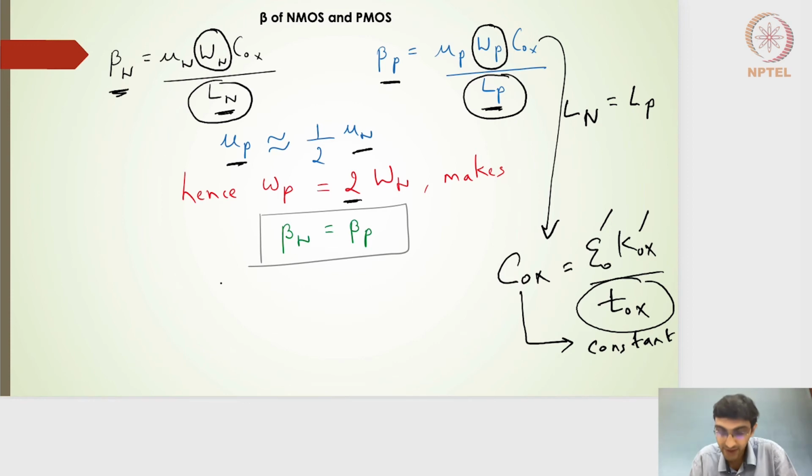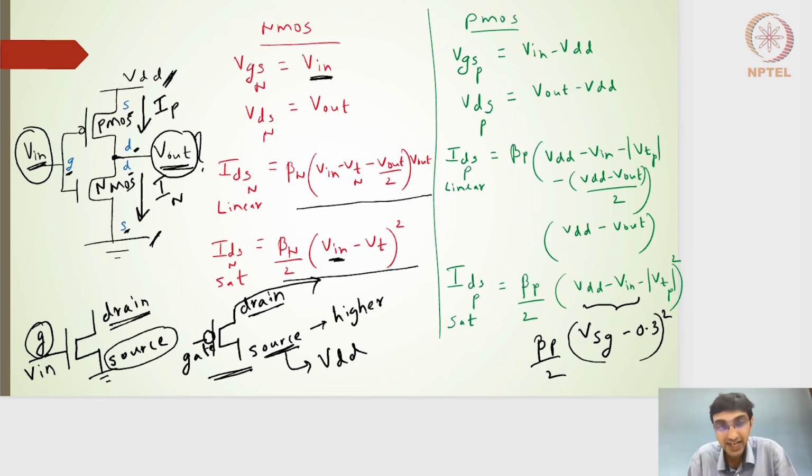The advantage of having beta NMOS and PMOS be the same is this: if I go back to the slide where I had written the current expressions and look at the saturation currents, the betas are the same because the width of the PMOS is made twice that of the NMOS. Thereby I will have the currents equated, and then I should be able to find the V,